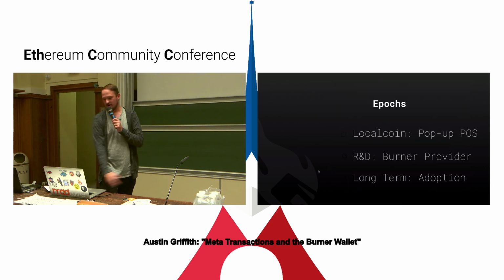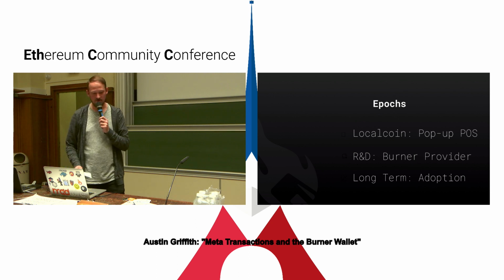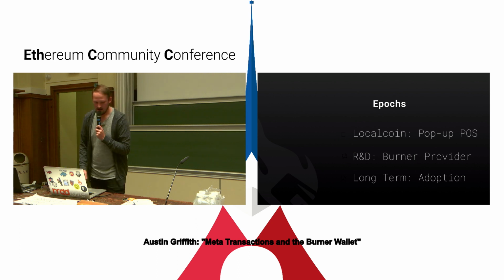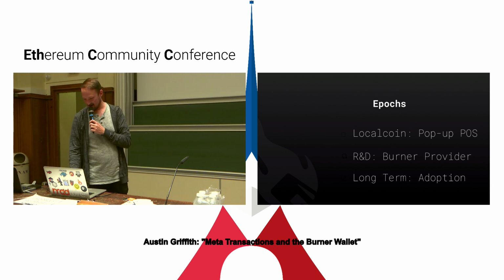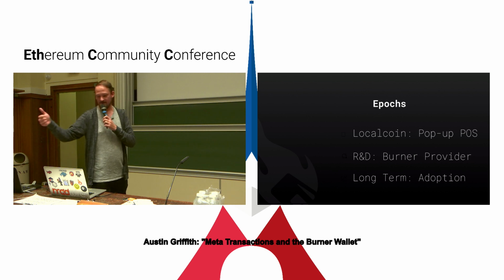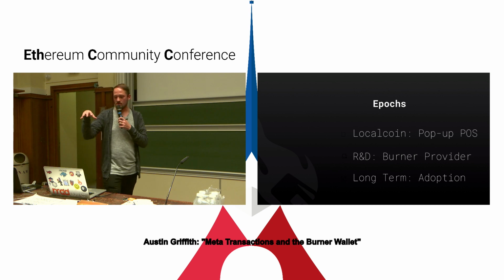So now moving on to what's next for the burner wallet and how we make that thing in 60% of people's pockets in here. That's awesome. Let's get it up to 80% in a little bit. Let's see what we can do. So what are we going to do? We're going to explore. The first epoch is basically exploring this whole conference thing, right?